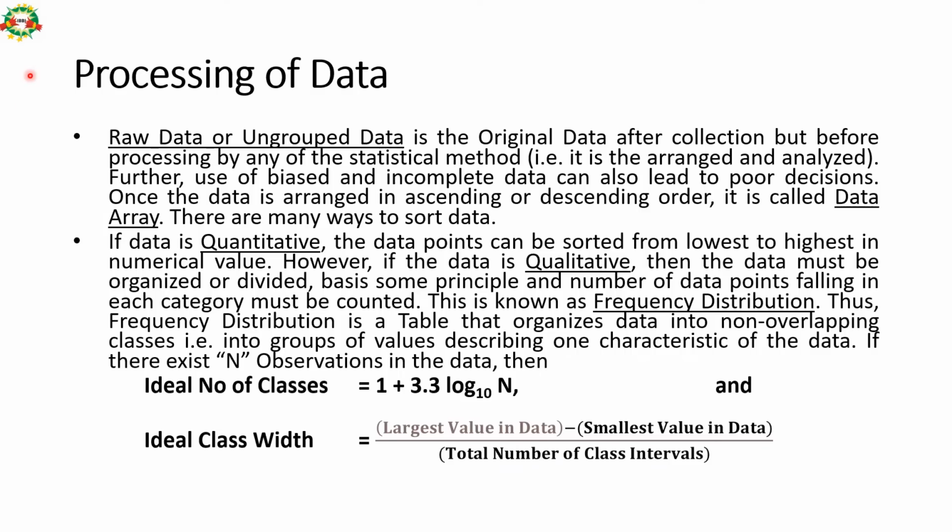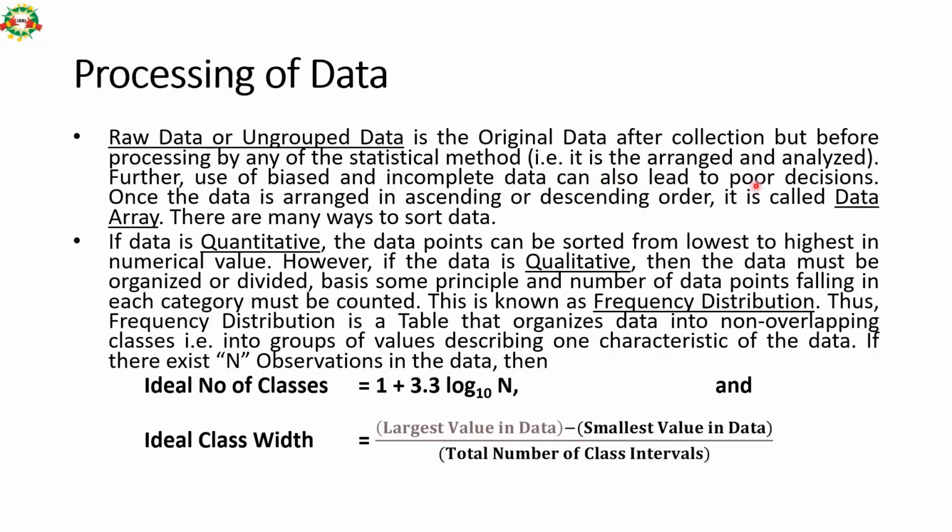Next is processing of data. So once we get the data, we need to process it. Raw data or ungrouped data is the original data after collection. It could be primary or secondary, but before processing by any of the statistical methods,